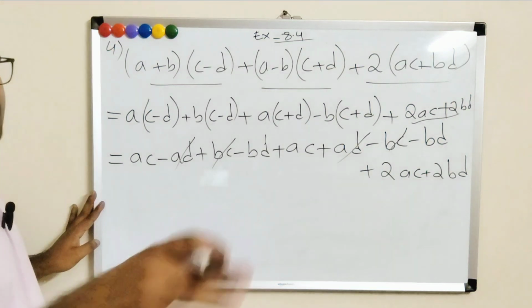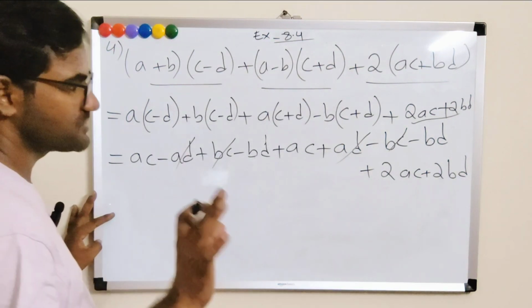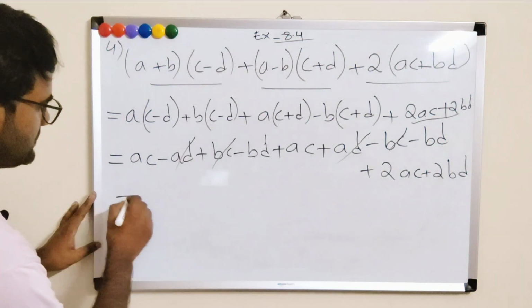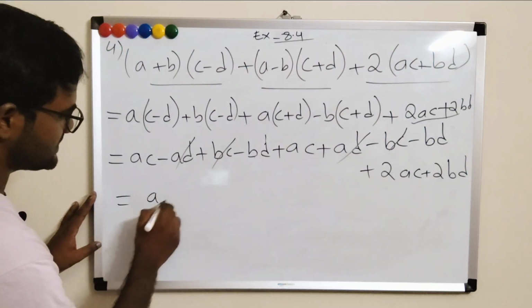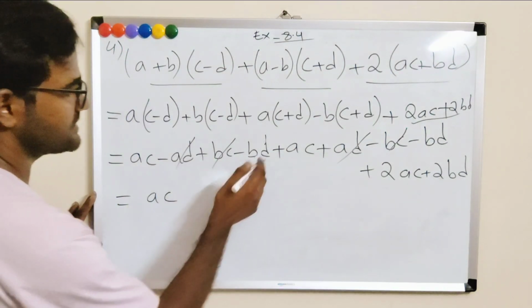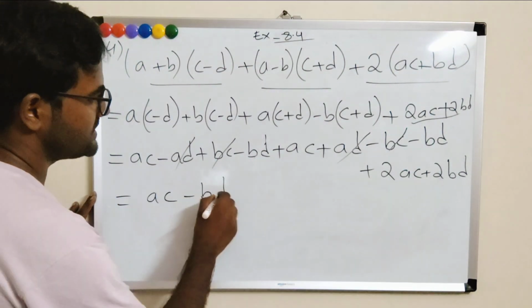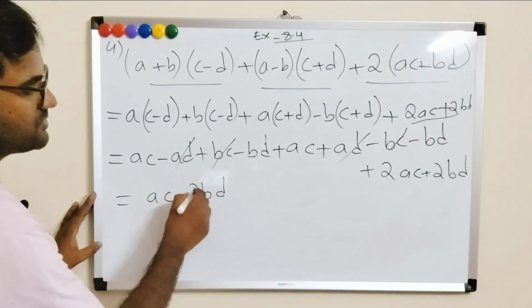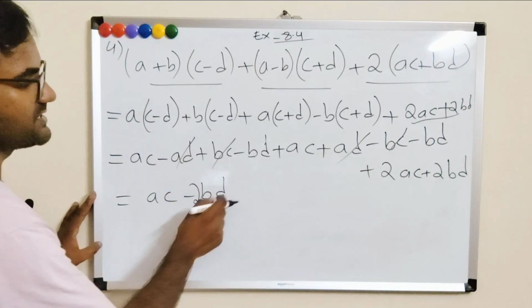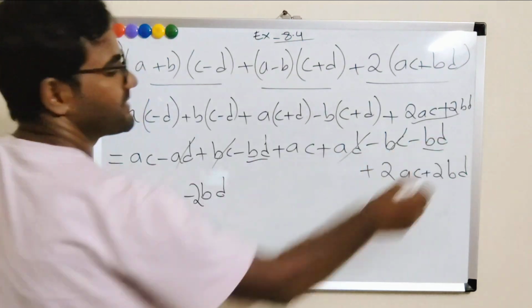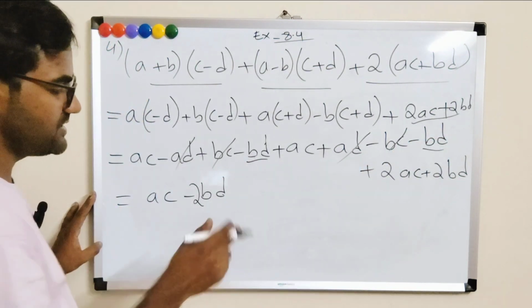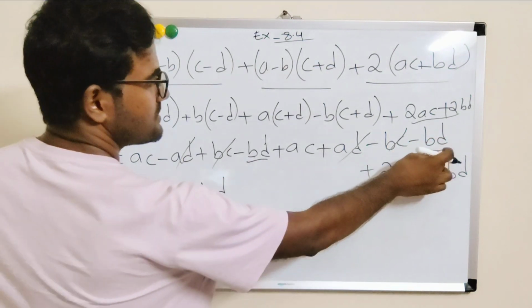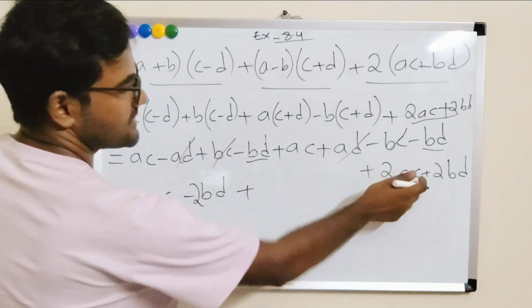Then I'll take it to the next step because I don't want you to get confused. So what I will do here, I will write this AC here, right? This term is written now, minus BD, and again another minus BD, right? So 2 minus BD, this is 1, this is 1, right? 2 minus BD we got, this one and this one, plus this thing we will write